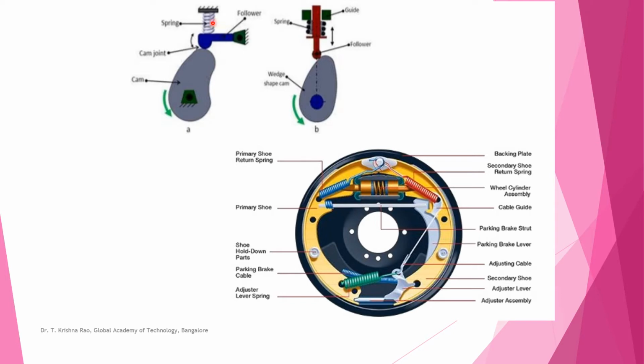You see a cam and a follower here. A spring is compressed and kept here. Always the spring will try to push the follower to keep touching the cam. When the cam is rotating downward, the spring will push it backward, and the contact is always maintained between the cam and the follower. This is again a cam and follower, with a spring compressed and kept there. These are tension springs used in internal expanding brakes. There are two springs here which allow the brake shoes to come back when the brake is released.